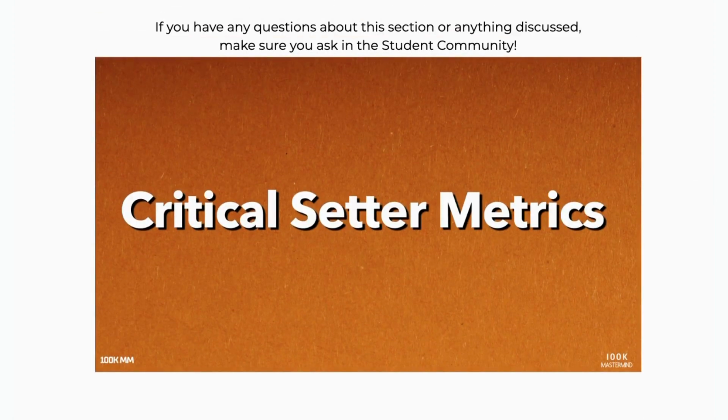If you have any questions about this section or anything that we discussed, make sure to go ahead and ask us inside of the student community. And remember, the student community is a place where you give and you get. So if you're just leeching off the community, you're getting feedback left and right, but you're not actually sharing anything, that means that eventually people are just going to stop giving you feedback. And so it's a give and take, right? And so if you're there asking for support, you want to make sure that you actually go in and give support and actually take the time to pour into the community,